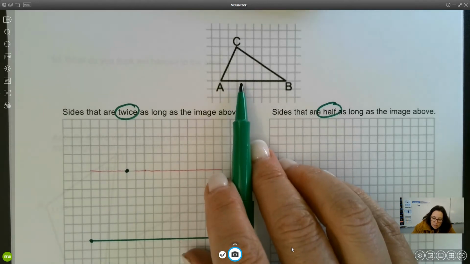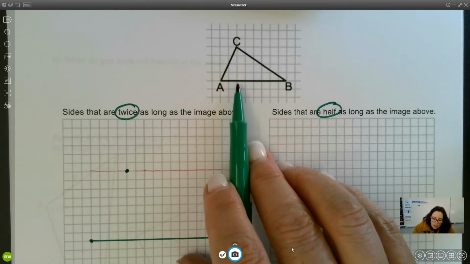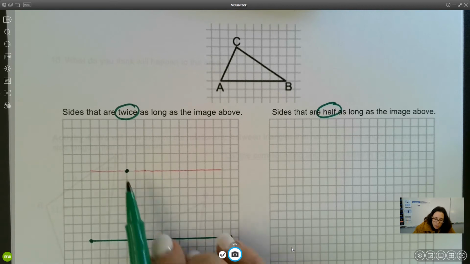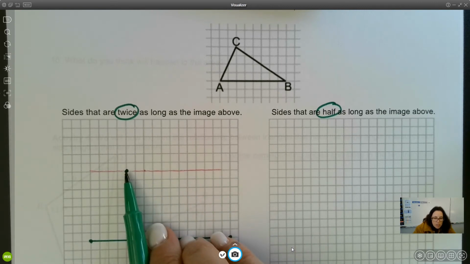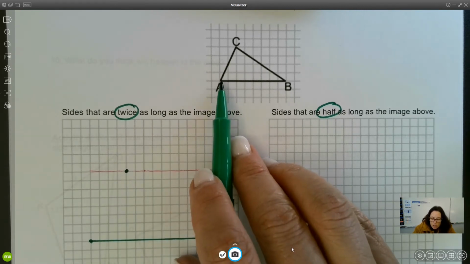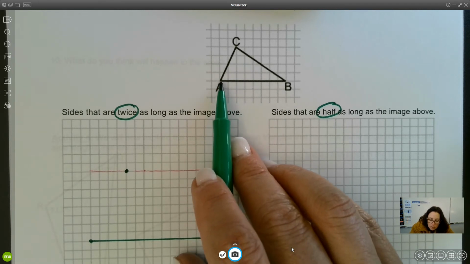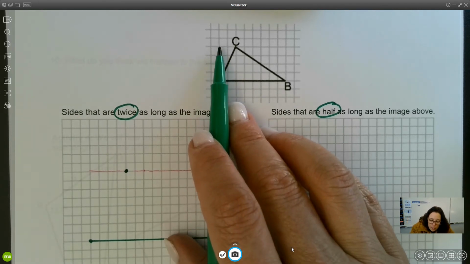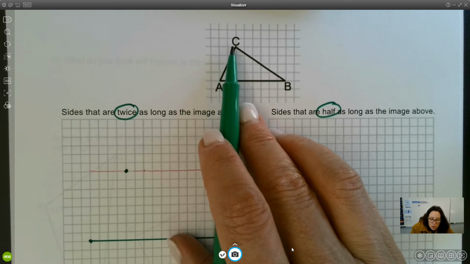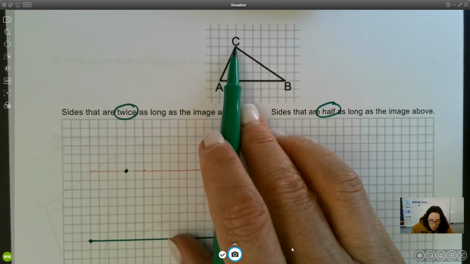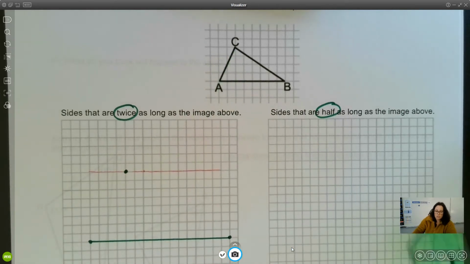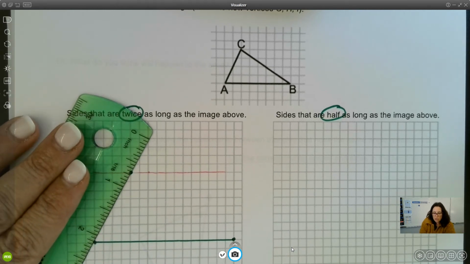We know that it's 4 height here, so it has to be 8 height here, but where do you put that vertice is the question. So if everything is doubled, if we go up 4 here, we need to go up 8 here. If we go to the right 2 here, we need to go to the right 4 here. Okay, so here's where we're going to be drawing our